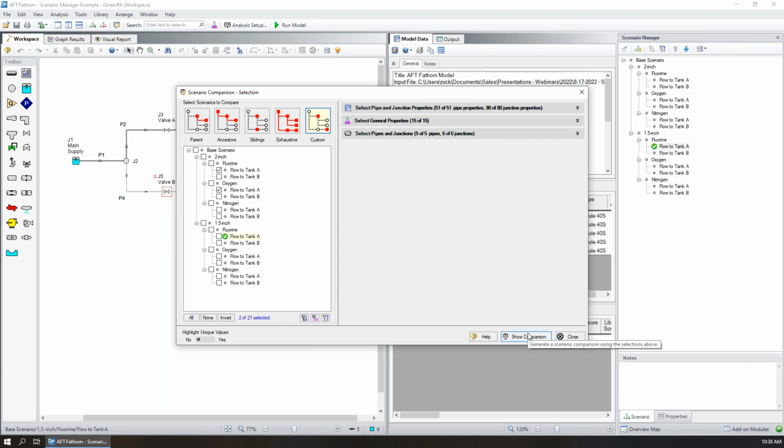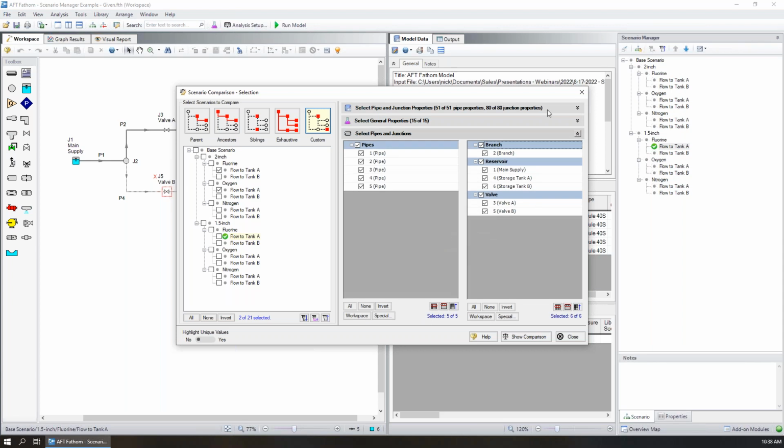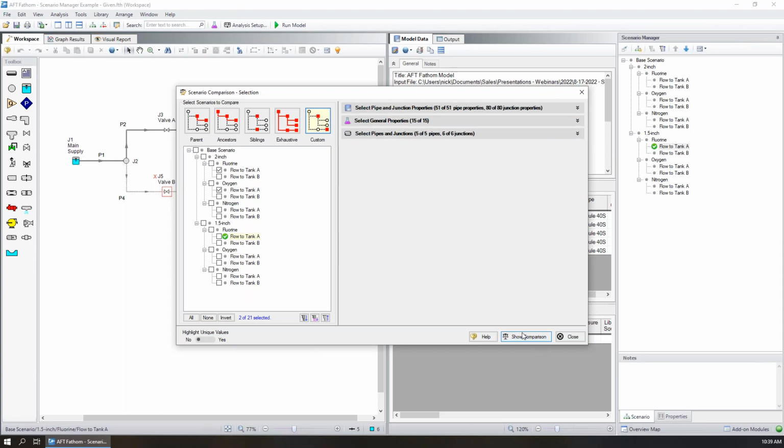So we can use this comparison tool to confirm that that's our suspicion, especially if we're getting kind of unorthodox results as we're doing our analysis. Here you can change the different properties that you're reviewing. Personally, I prefer to just leave them all involved, because as we'll see, we can highlight only the differences, and that'll isolate the differences for our comparison. So if we click Show Comparison,